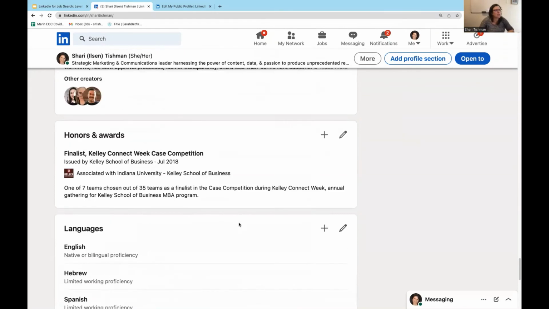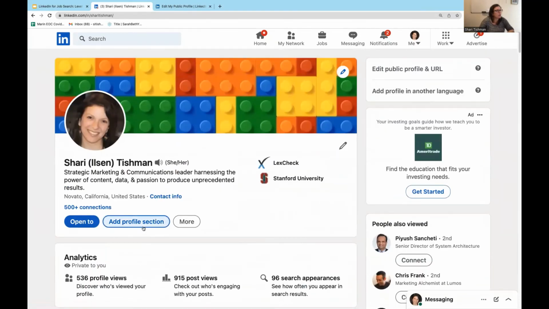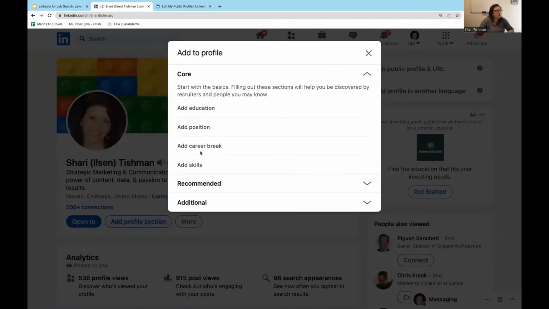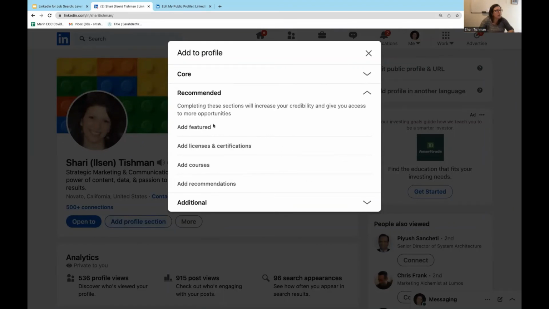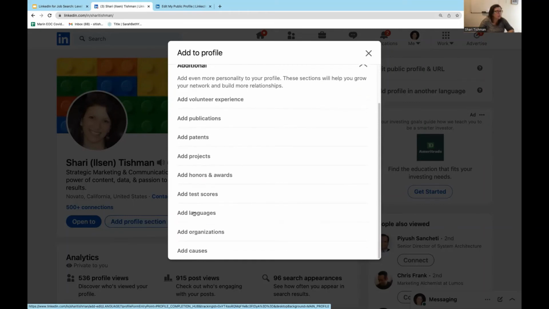Speaking of adding things, if I scroll all the way back up to the top, notice this add a profile section button. This is where you can see all the different things you can add, right? So I can add more courses, licenses and certifications, more recommendations. I can add publications. You can bet if I held a patent, I would be adding that to my profile, right? Test scores. Again, depending on where you are in your career, you want to make sure those test scores are relevant, right? So if you're,